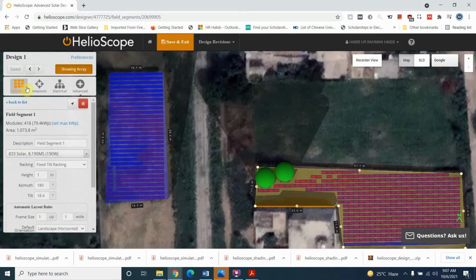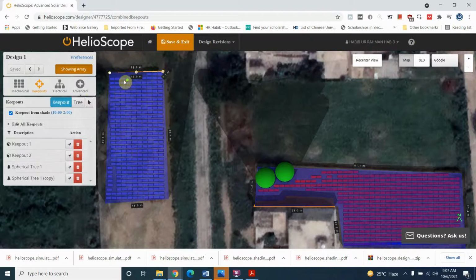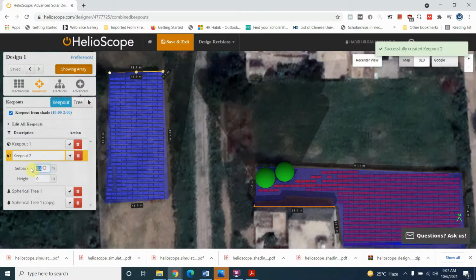For example, I want to set back, for example, from here to here, and I want to set, for example, 3 meters from this. I don't want solar panels. So here you can see no solar panel will be installed. So in this way, you can